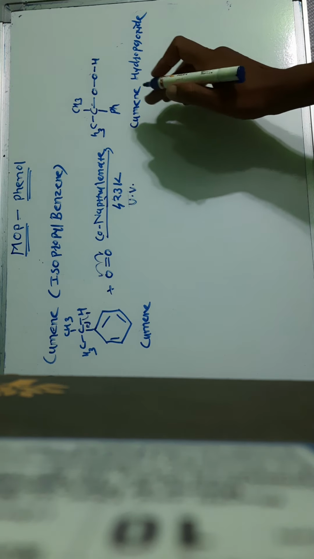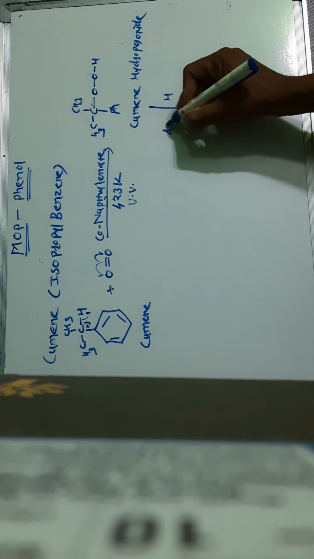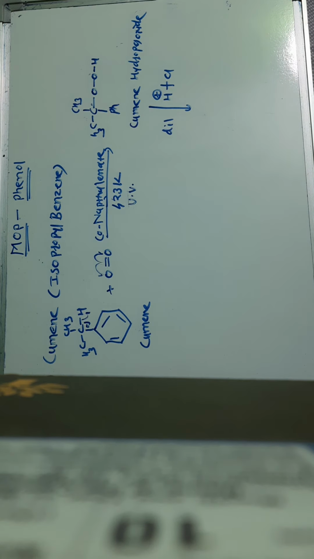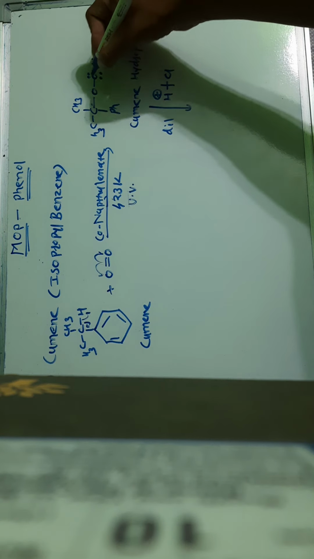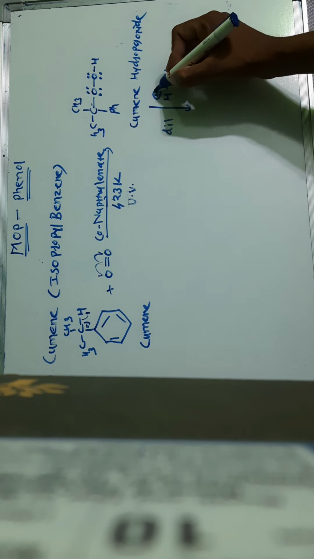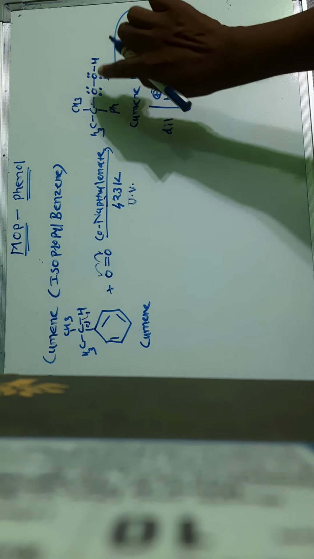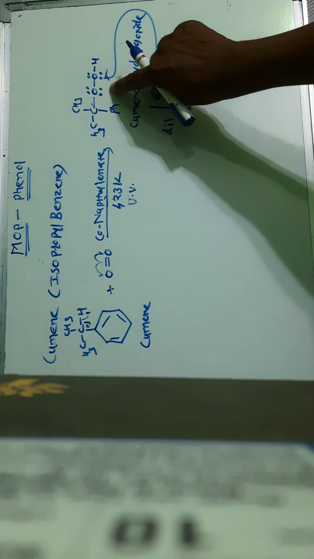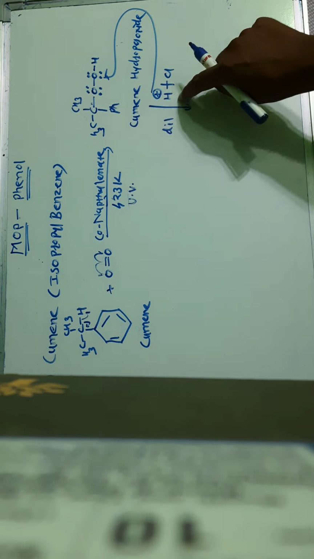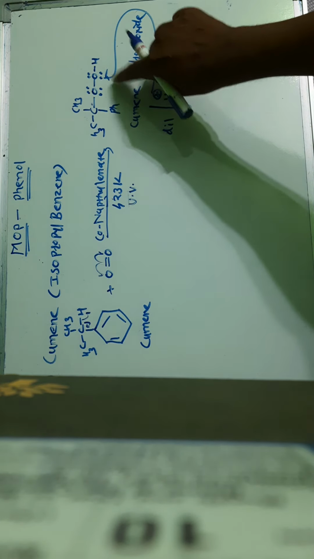Now this cumene hydroperoxide, when we acidify in presence of dilute HCl, we know that HCl produces protons, that is H plus ions, and the oxygen has two lone pairs of electrons on each oxygen atom. This H plus ion does not attack this oxygen. Why? Because there is a good leaving group here, and the H plus ion can attack this oxygen, because it can easily be removed in the form of a water molecule.